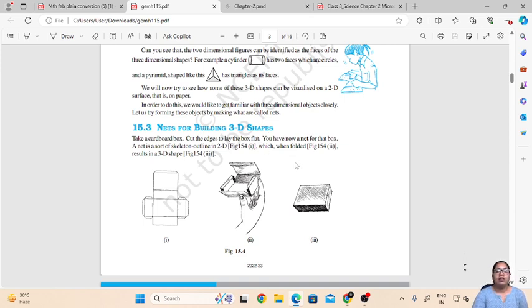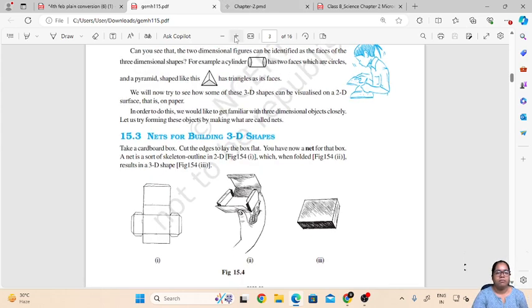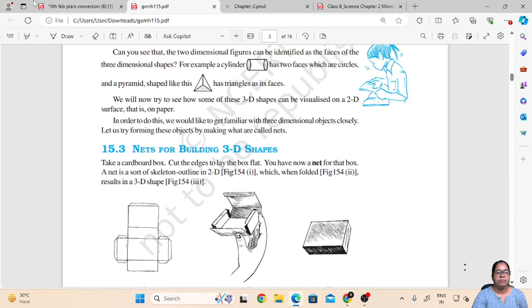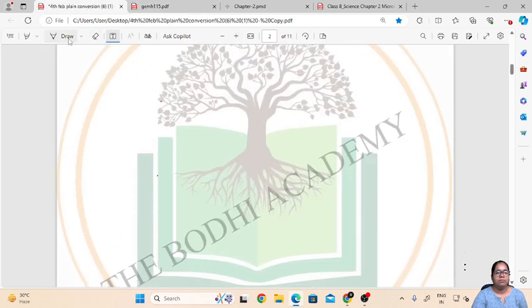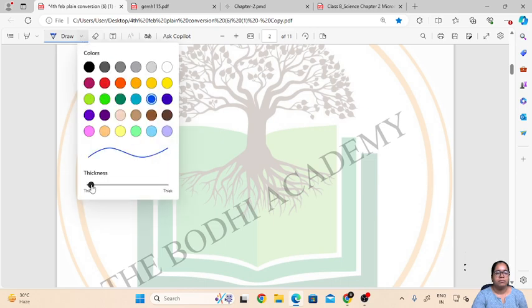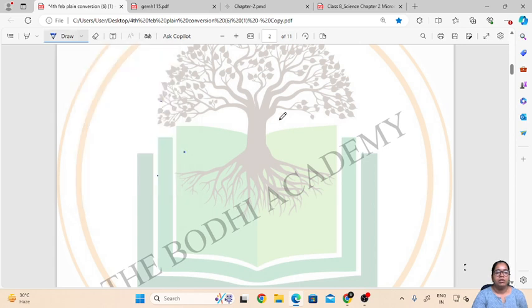So we know that a 3D shape, 3D as in three-dimensional shape, will have